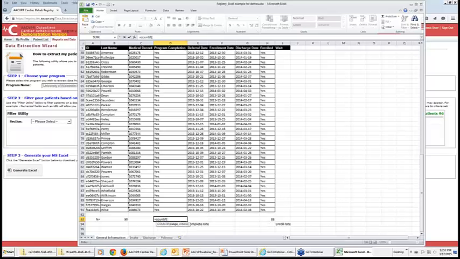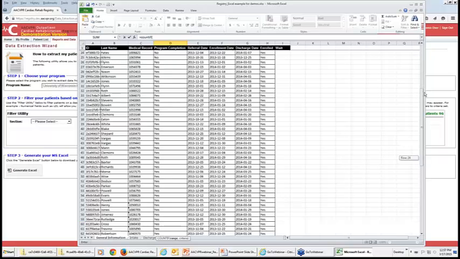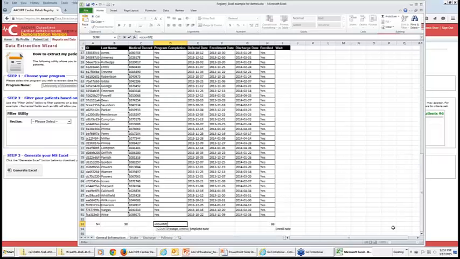We can do the same thing with enrollment. COUNTIF counts the number of records that meet certain criterion. So let's say COUNTIF, we go to D2 through D91, and we want to count the number of yeses in this range. So 66. So we had 88 patients enrolled out of the total of 90, and 66 completed.